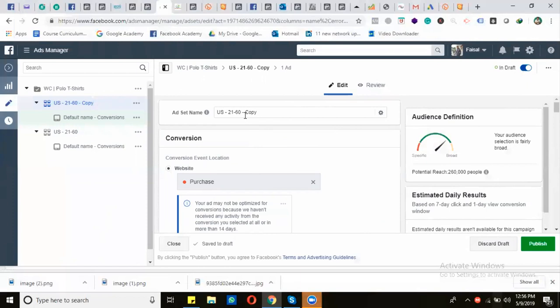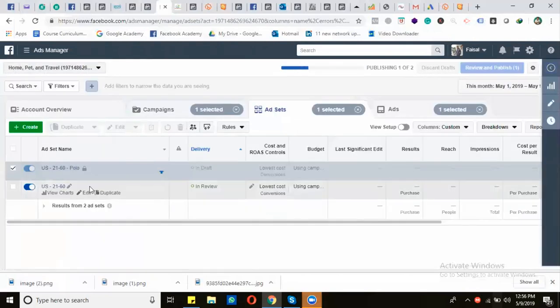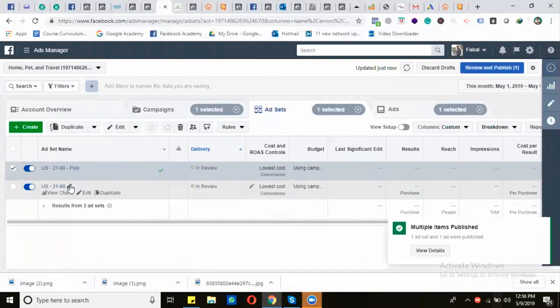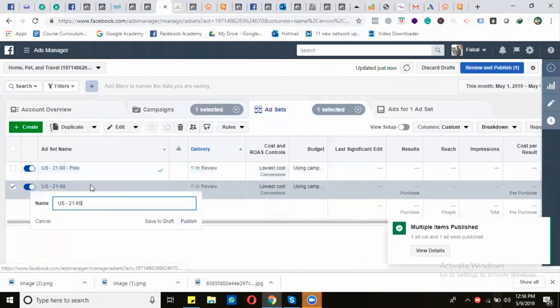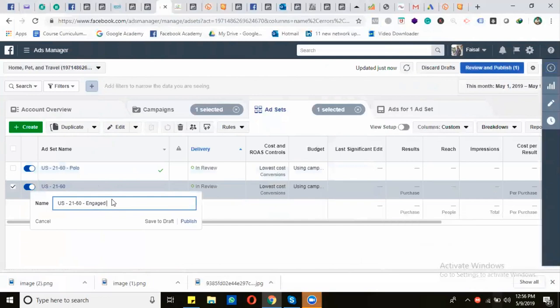Here I can also put a follow so that in future I will recognize which ad set is working for which audience. The above one is running for polo, and the second one is for engaged shoppers. I am just changing its name to engaged shoppers.